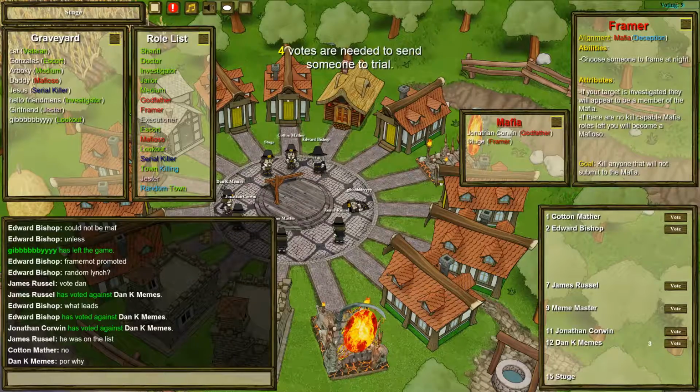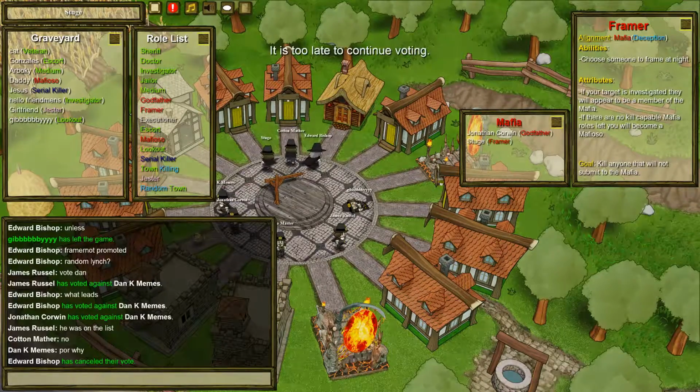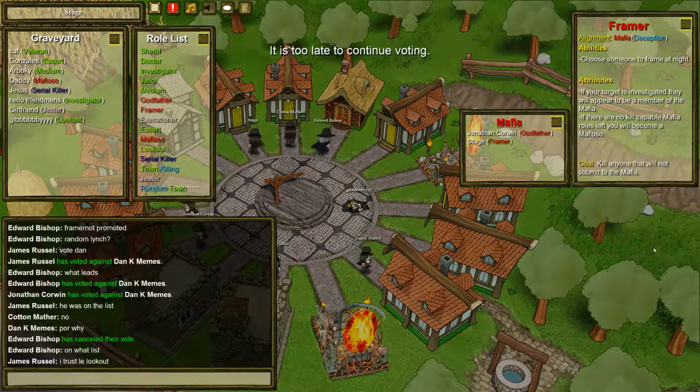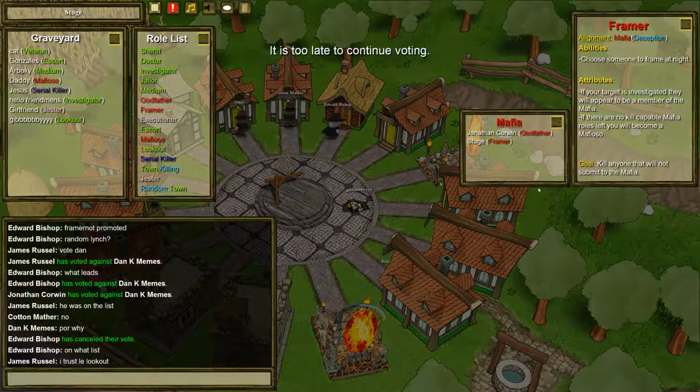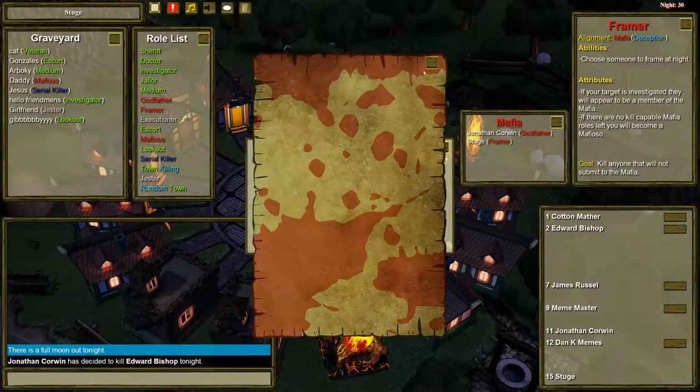They kind of just want a random lynch. Not a great idea. It would have been helpful for us if I had voted quickly there. We would have voted him up. But who really knows? There's somebody who tries to look out. Maybe. I'm not entirely sure what this will is supposed to mean, but